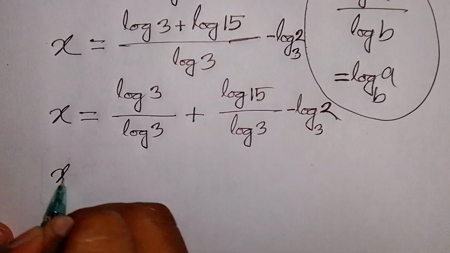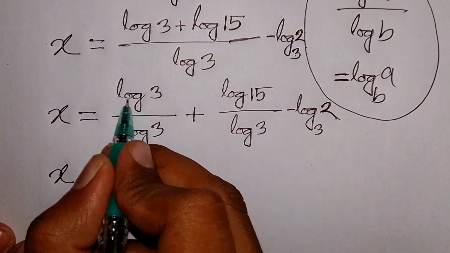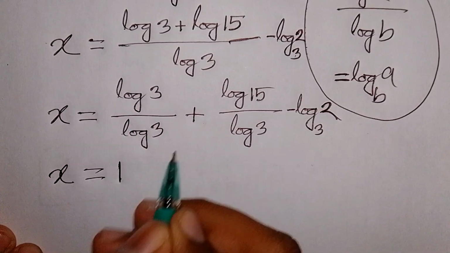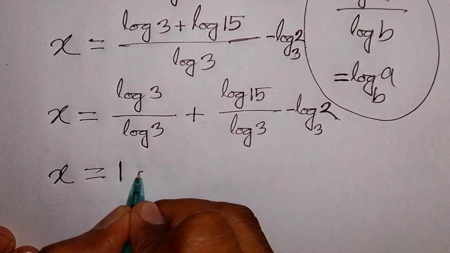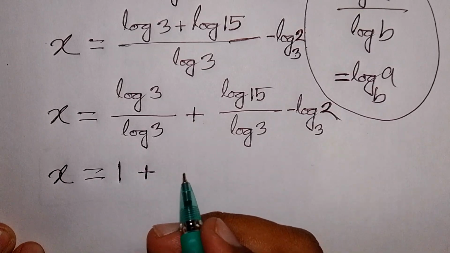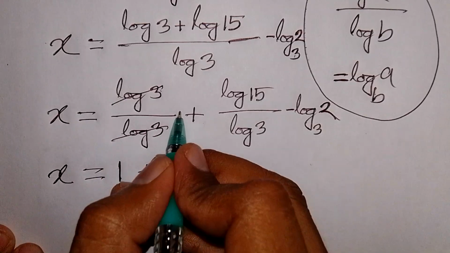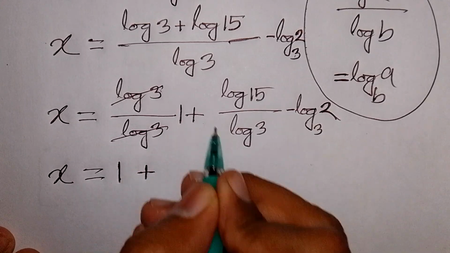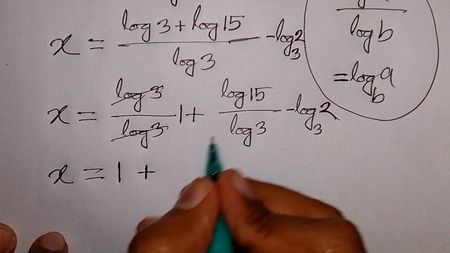In the next step, x is equal to log 3 divided by log 3, that means 1, plus log 15 over log 3, then minus log 2 base 3. Here log 15 can be written as